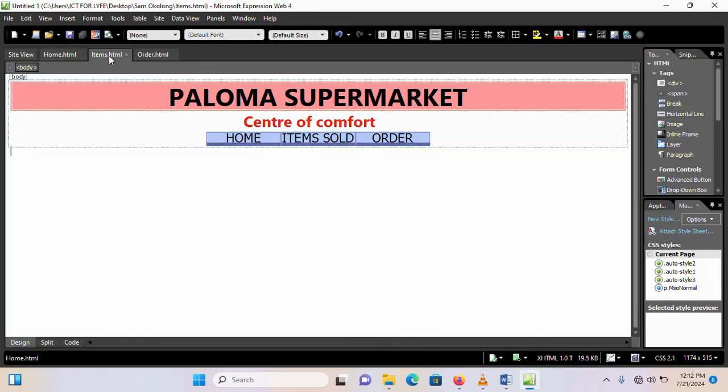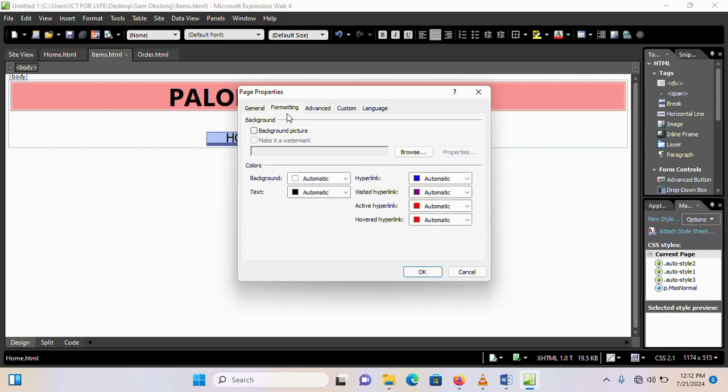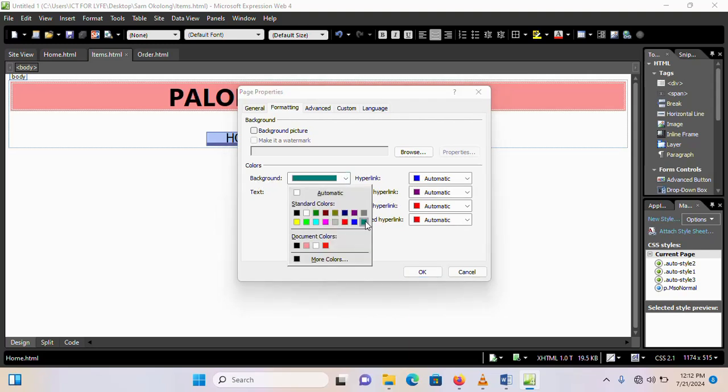items sold. So under items sold, we shall come here, and also we can first change the page color by right clicking on the white space, page properties, and we shall use uniform color. So I will first change the title to items sold. Then I will come to formatting, and we can select the background. We shall use uniform, so we are using teal. Okay,